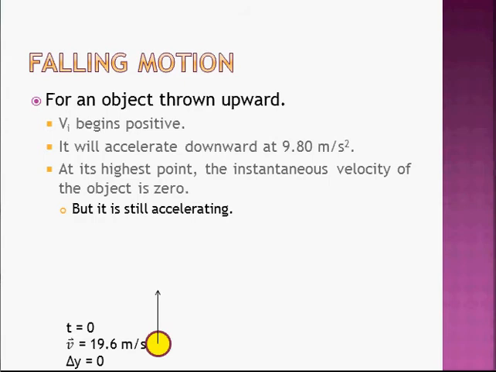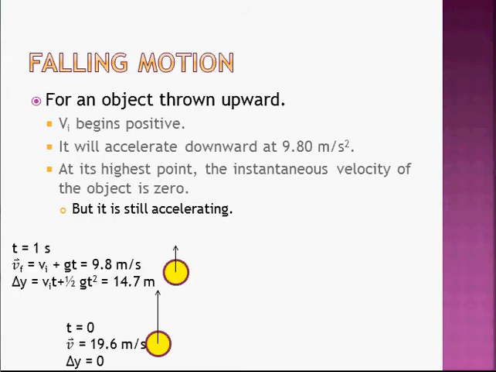I'm now at positive 9.8 meters per second. I'm still moving upward, or the ball is still moving upward, but it's now a lot less because it's accelerating downward. And my displacement is going to be positive, so it actually goes up in the air 14.7 meters from where I started. And if I let it go 1 more second, now all of a sudden, if you